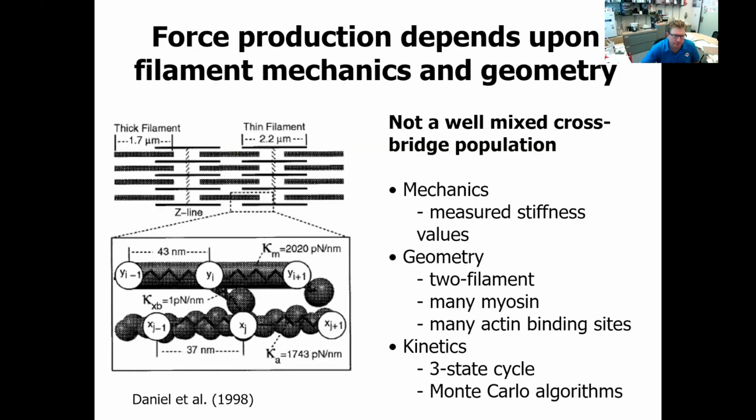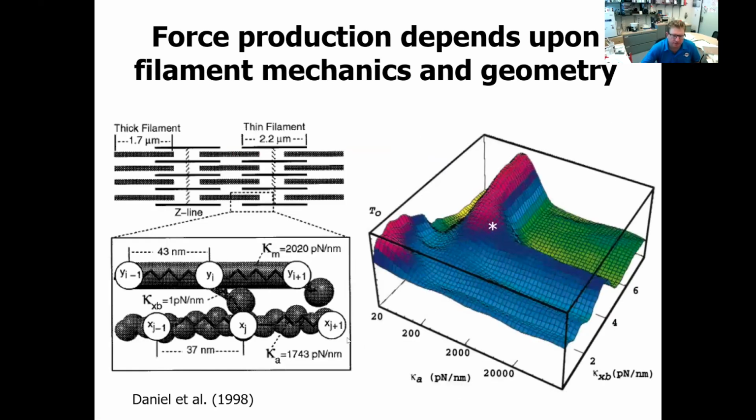And so with the two filament model, one of the things that first came out of this was if you were changing the stiffness, so this is shown on the Ka axis on the bottom here, and the vertical axis, this T naught, has to do with how much force is produced. And then if you're changing the crossbridge stiffness on this other axis over here, Kxb, as you vary the relative stiffness values of the filaments versus the crossbridges, that leads to some sort of tuning or some sort of surface